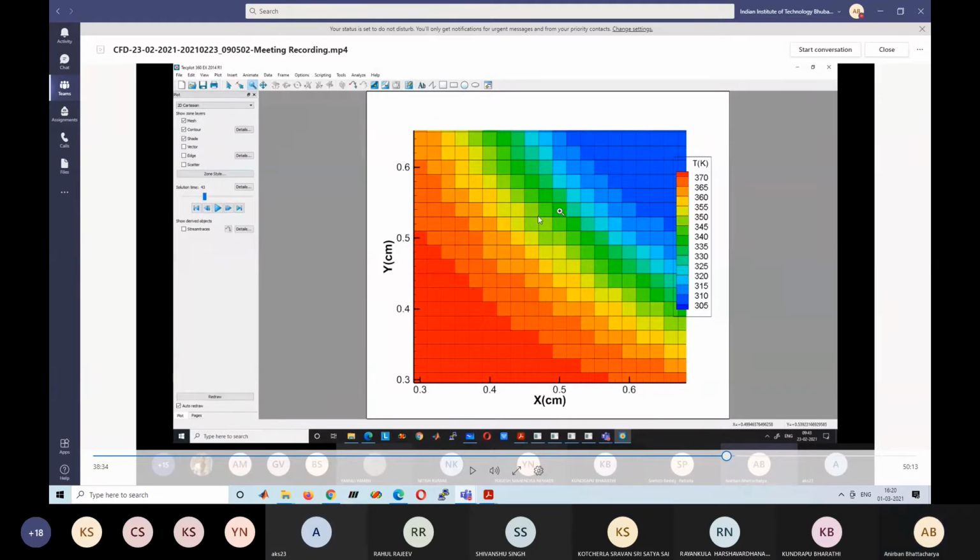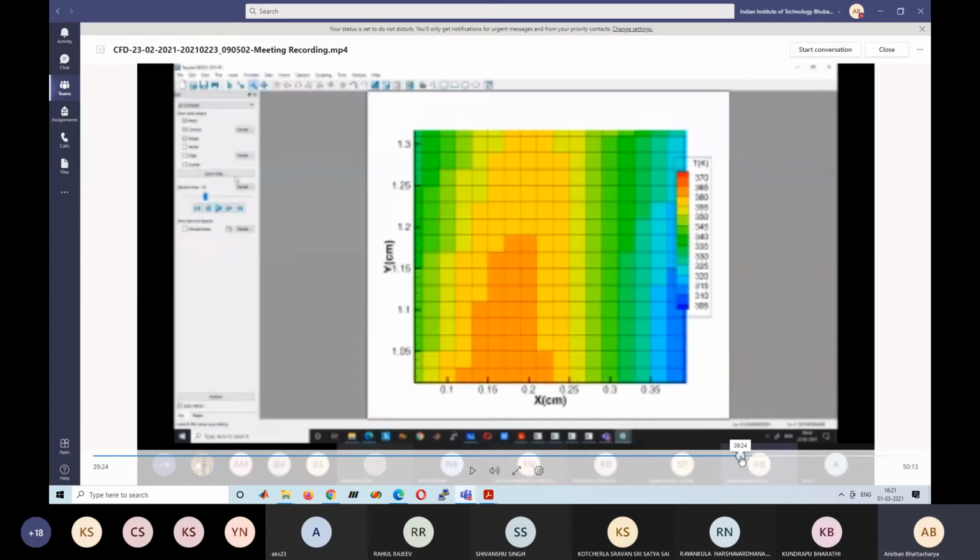Yes, sir. So see, ultimately what we obtain in a CFD problem, we had discussed in the previous class, is this discrete value. So each control volume has a single value, which is the grid point value at the center. Okay. For example, this green color shows one value, the yellow color shows one value, orange color shows one value. Okay. We are plotting it like this, but actually these are only at the center. We don't know the variation. Now when you are plotting, you can plot it in a nice manner. Like I can plot it like this.